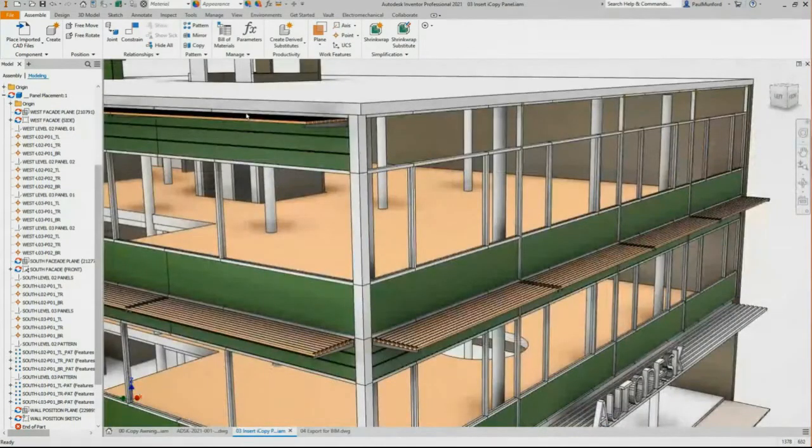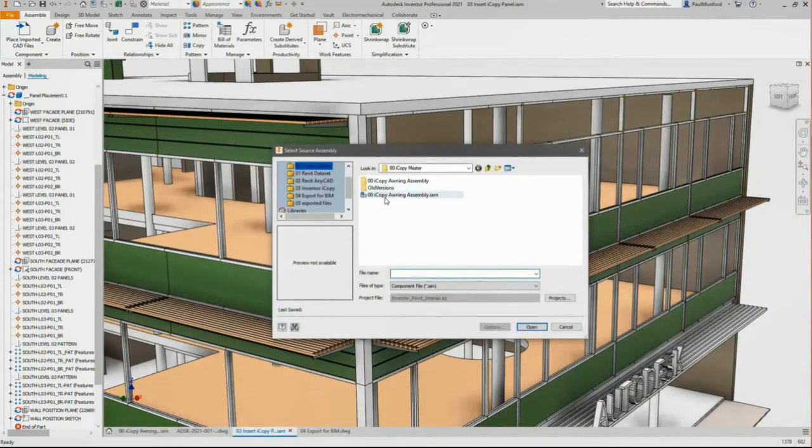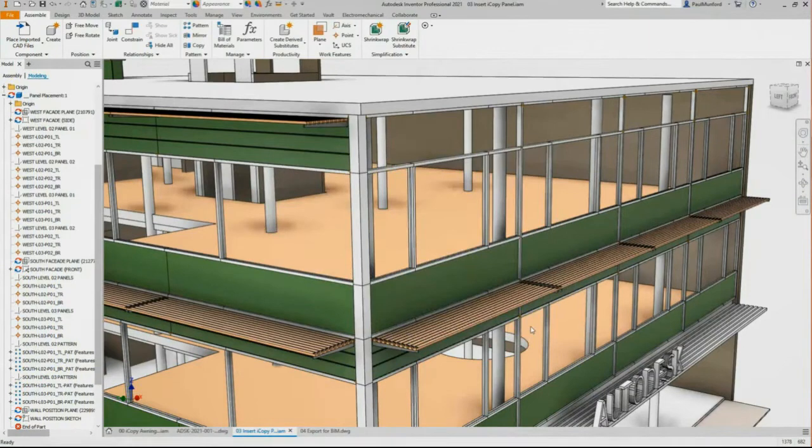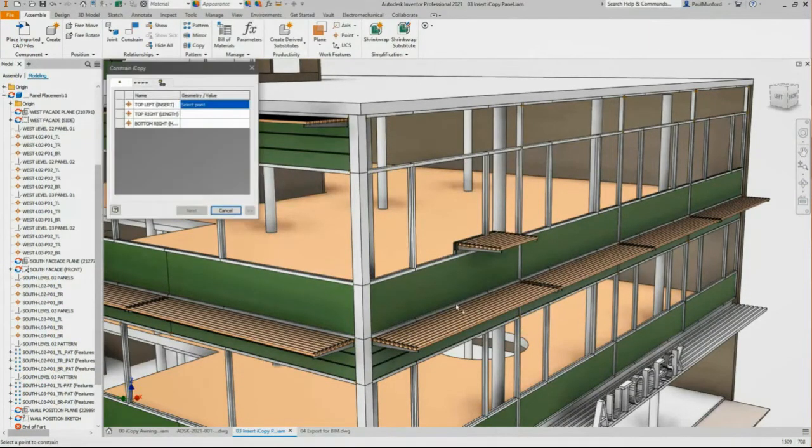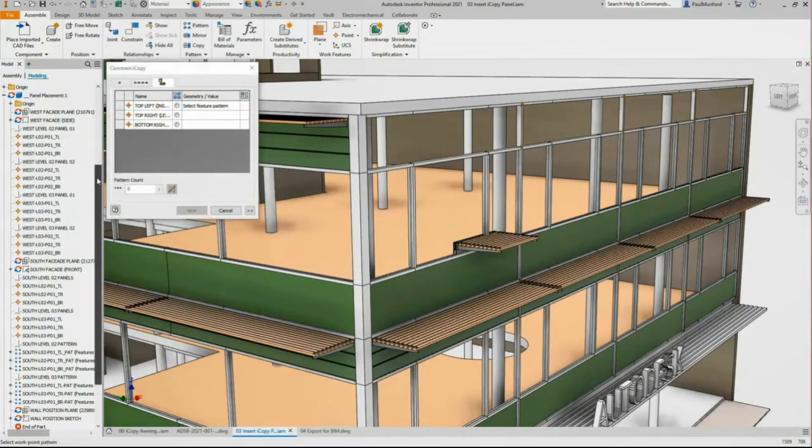Well, that's pretty cool, but it still seems a little laborious, so I wanted to show you a quicker way to place iCopy components using a pattern. We'll start the iCopy tool again and choose our iCopy awning design, but this time we're going to switch to the Feature Pattern tab. The iCopy tool is looking for a pattern of points to use as an input, so let's find one. We'll browse down to South Level,